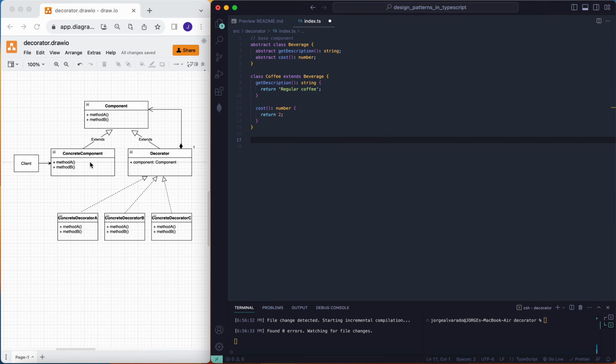All right, so now that we have our concrete component, which is extending our component here, we're going to move on to creating a decorator here. And if you notice here on the diagram that this decorator is also extending the component here. But what's different about this class is that it's going to store an instance of our beverage. So it's going to store an object instance of the beverage here. So this one's going to be an abstract class as well, called decorator,